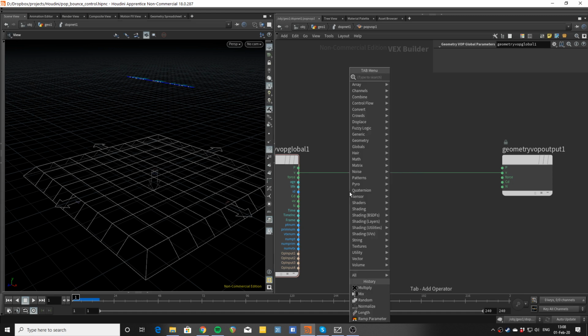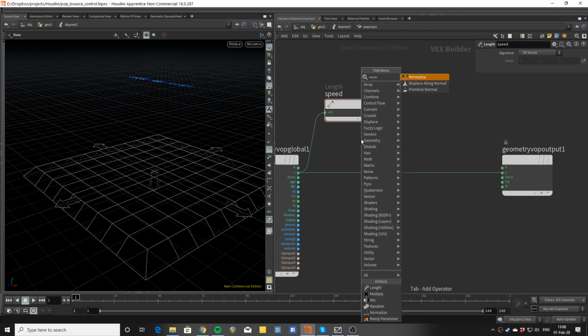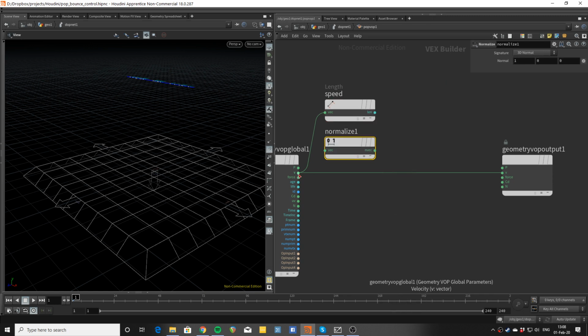One of them is called length, and this is giving us the speed component. This is the length of the vector. I'm just going to rename this speed. And the other one, I need the direction, and to get that, you are using the normalize node or function